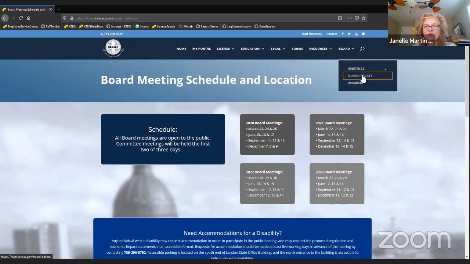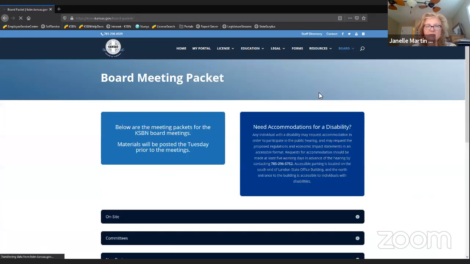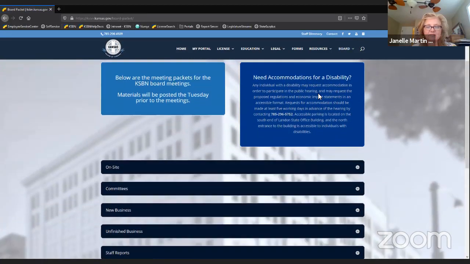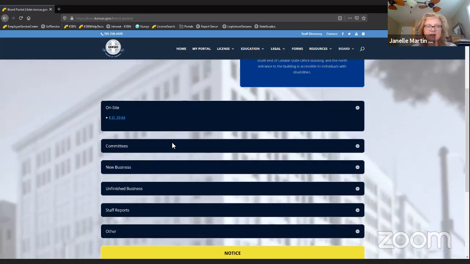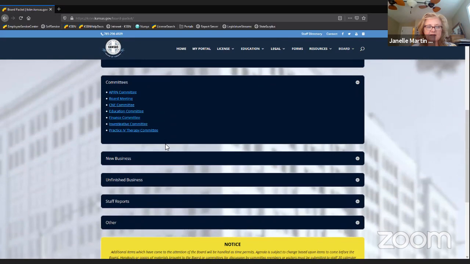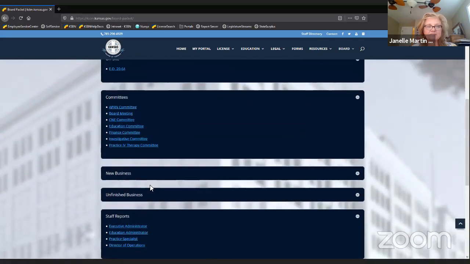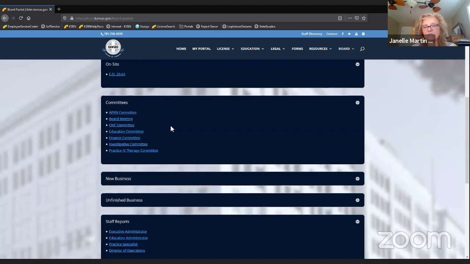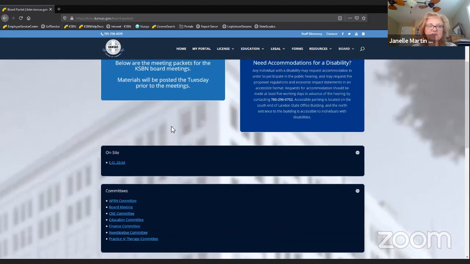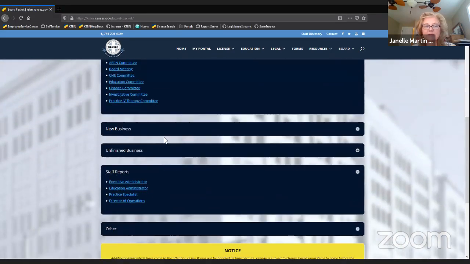The board packets, when they're posted, usually just right before the meeting, will also be on there, and it will give you all the different committees' staff reports. For the main board meeting, the new business is separate, but all the committees are there.